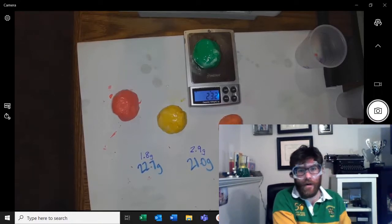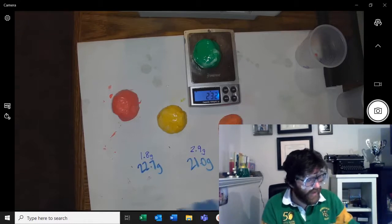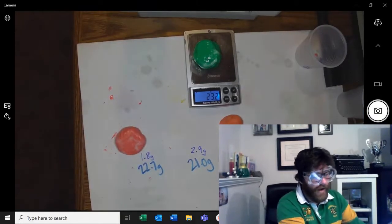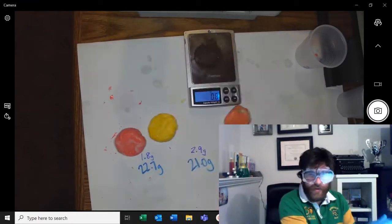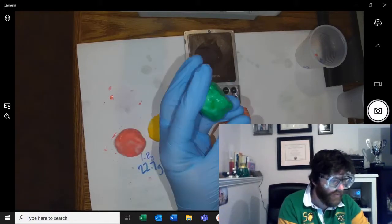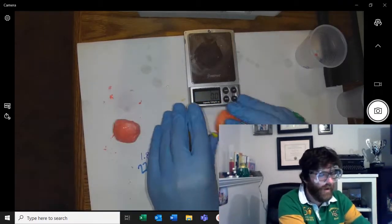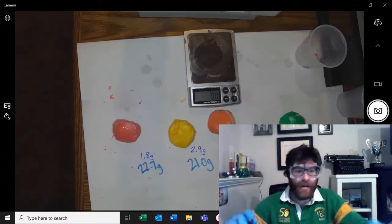Okay, so keep in mind this could affect the results. It is a slight variable that we can't control totally, but they are all about the same size. They're all pretty round. They're not perfect. I can notice a little bit of difference in the way they feel. Okay, they do tend to get firmer, right? The green one feels a lot firmer than the red one. Okay, and that progresses the same way. So those are definitely a little bit different. We're gonna come back and try out the